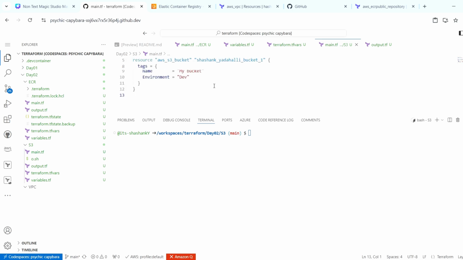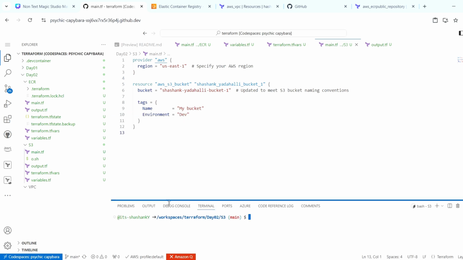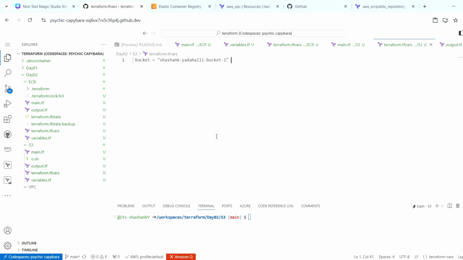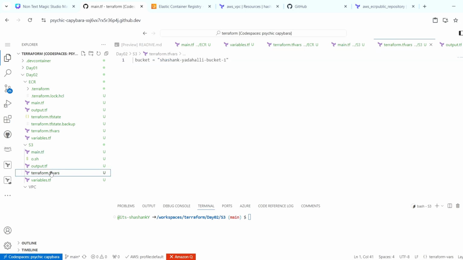So once it is done, I can assign the required values in the variables file. What is the variable file? Over here we have the tf, okay. In the main.tf I just copy this particular thing, control C, and assign it in the variable file. And in the main.tf we have the region, control C, assign it in tfvars. Once it is done, you can go into the variables.tf, assign